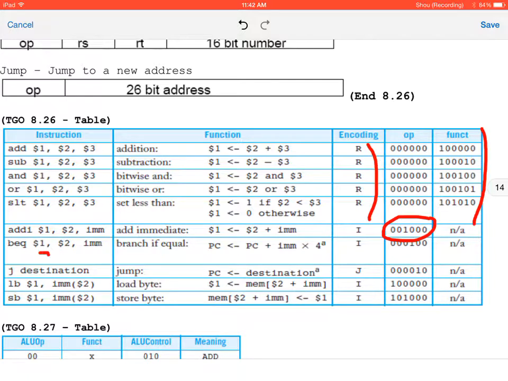So BEQ, branch equivalent, means it compares the values in 1 and 2, and if they are equivalent, it will branch to the value indicated by the immediate value. So the immediate value is an actual instruction. So let's say